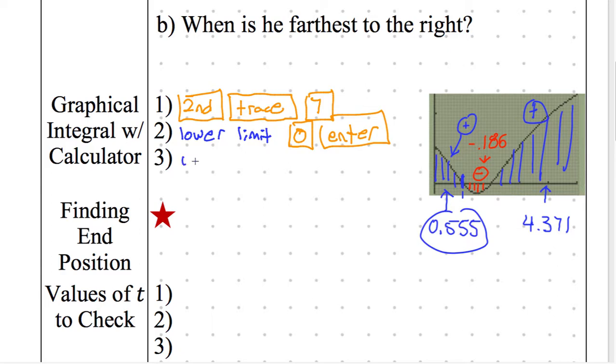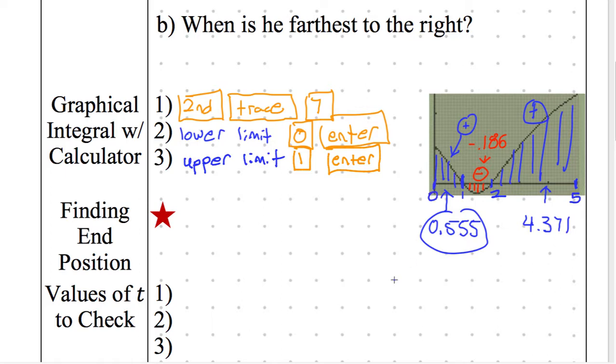Next, we found the upper limit. And we did that by hitting 1, because our upper limit of x was 1, and then we hit enter. This was at time 2, this was at time 5, that was at time 0. Okay,